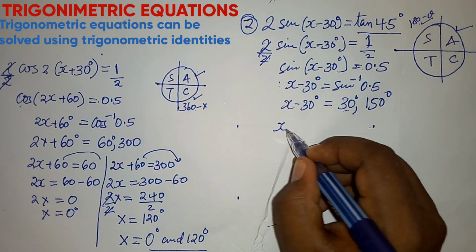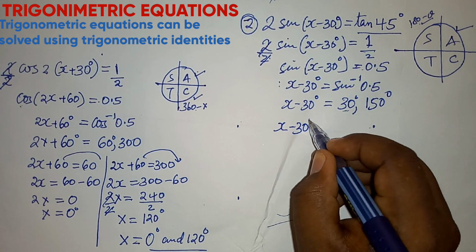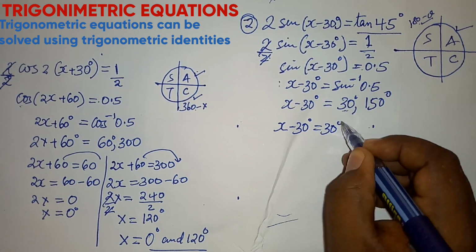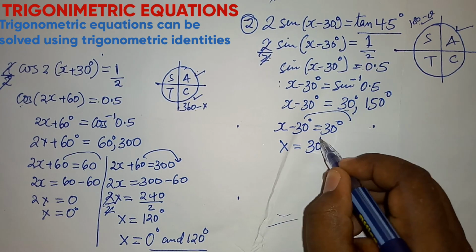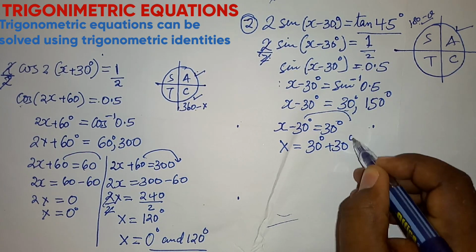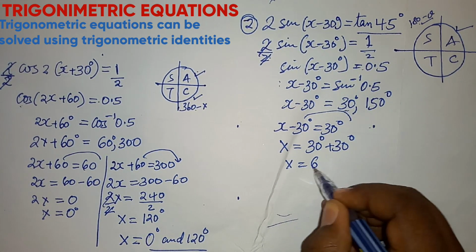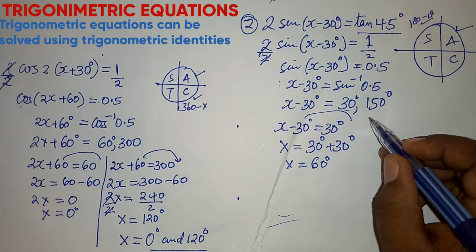Therefore, x minus 30 should be equal to 30 degrees. Take 30 to the other side. So x will be equal to 30 degrees plus 30 degrees, and x equals 60 degrees. Or